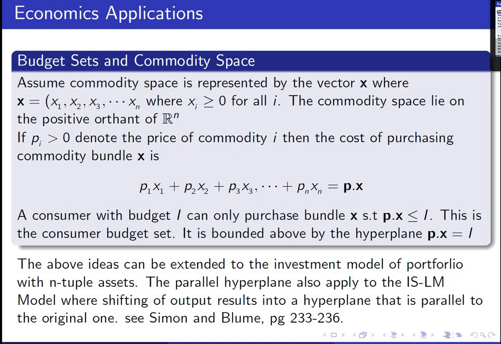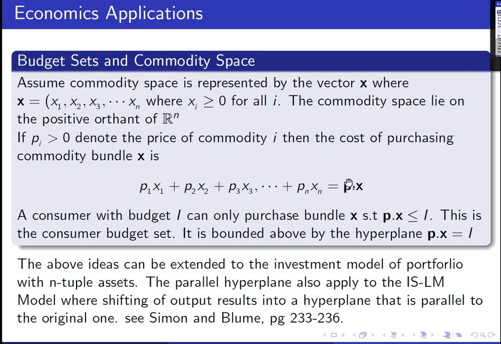If Pi is greater than 0, obviously the price will also be greater than 0. Denote the price of commodity i. Then the cost of purchasing a commodity bundle, if you're fortunate enough to consume everything in the n-dimensional space, means your budget should be way higher. So we have that P1x1 plus P2x2 plus P3x3 all the way to Pnxn is just P dot x,